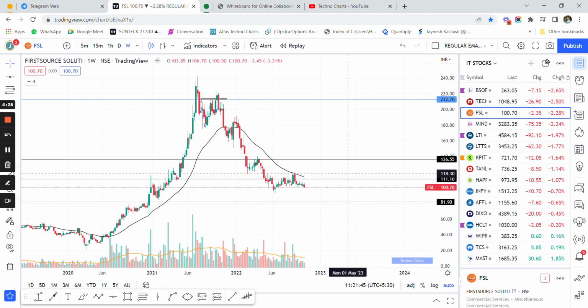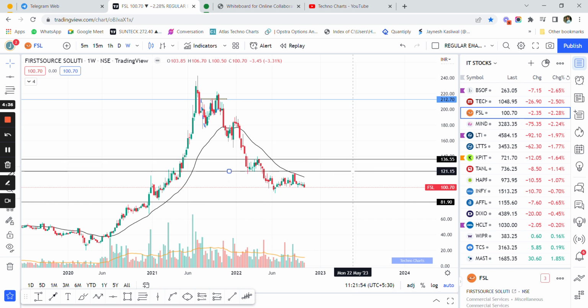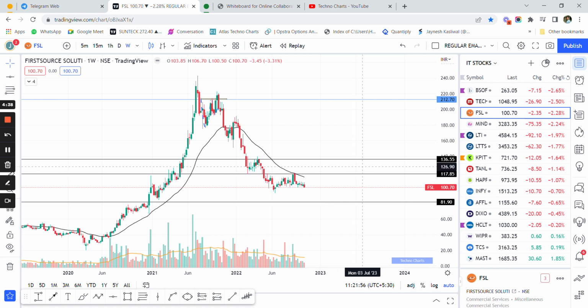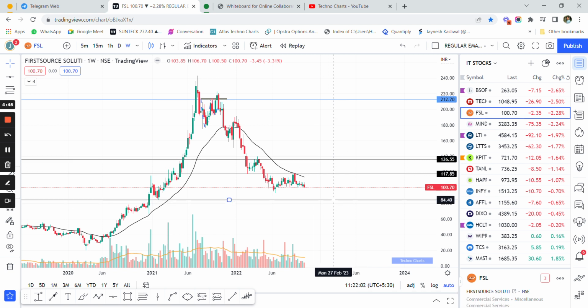Now FSL, if you look at the chart of FSL, the best level you should be buying above is 100 and above 135 rupees. Even if the stock moves above 120 rupees, this is not a good buy, as the stock can definitely touch this resistance and then fall back again. So as far as the levels are concerned, I think the stock can touch 84 if there is a pullback in all the indices, especially in Nifty and